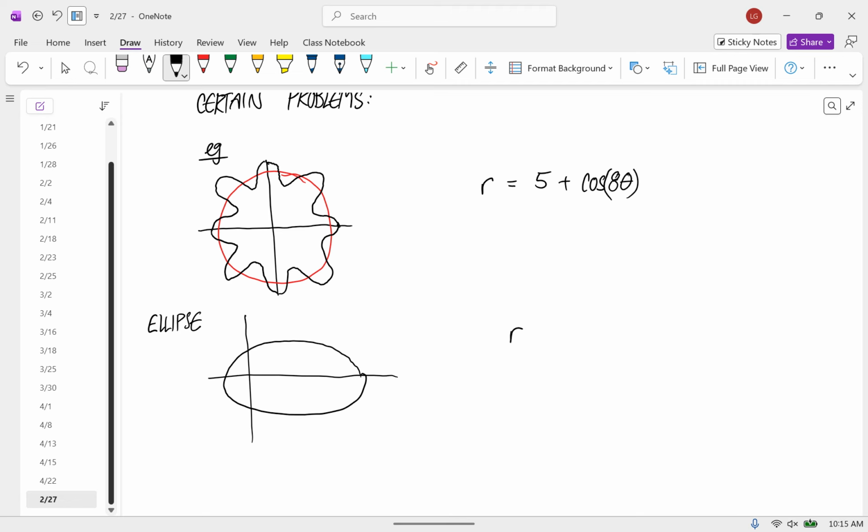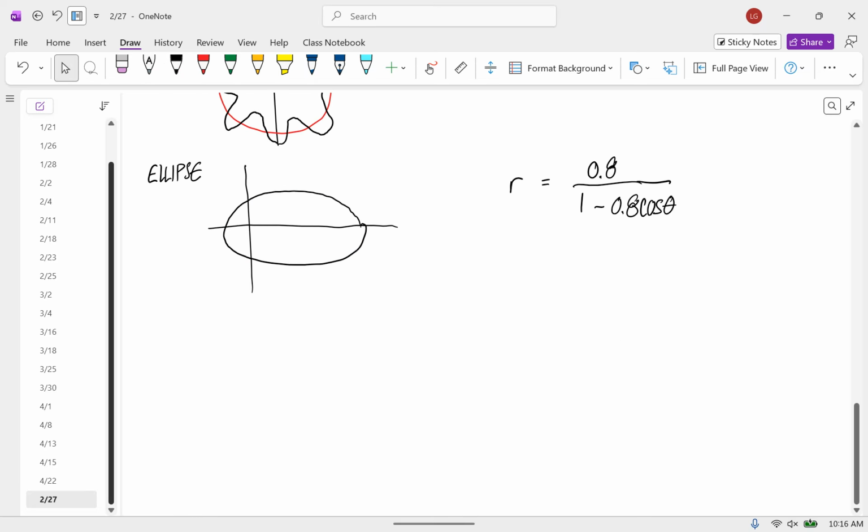This is represented as r is equal to 0.8, with the radius and the foci that I chose, over 1 minus 0.8 times cosine of theta. Okay, so in some cases it simplifies the math a lot. The problem, if you're doing dynamics with these shapes,